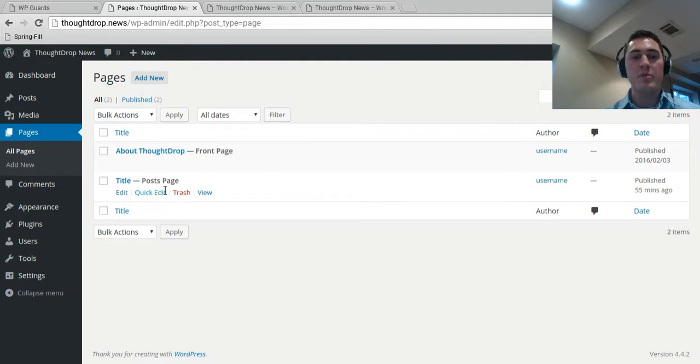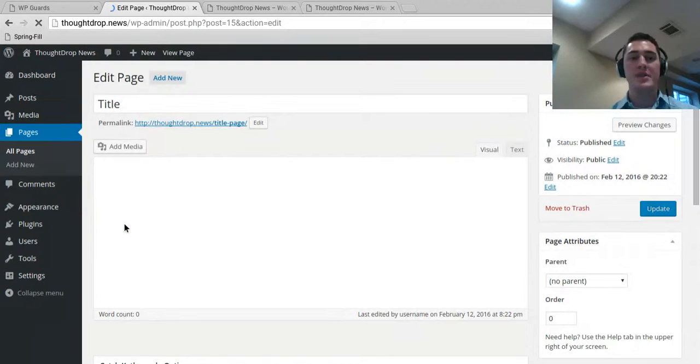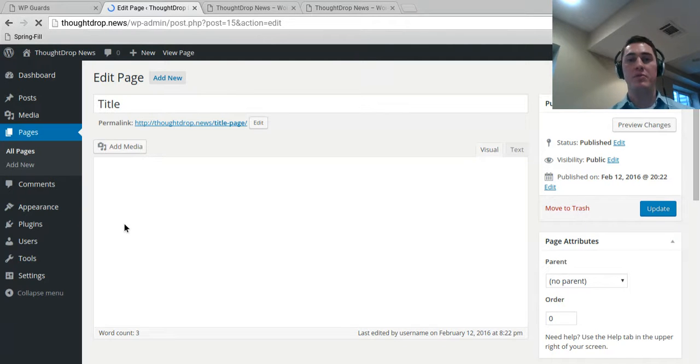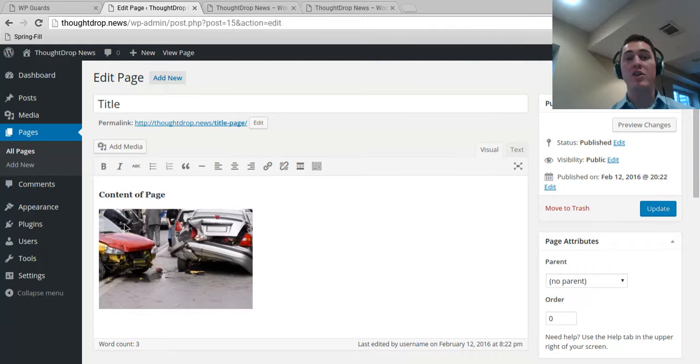And right here, this is our post page. So let's edit this. The post page is simply where our posts are going to be put. And so this is a perfect spot to put, say if I'm ThoughtDrop News, I'm creating news articles. This is the page that all the news articles will come on. So let's edit this page and call it